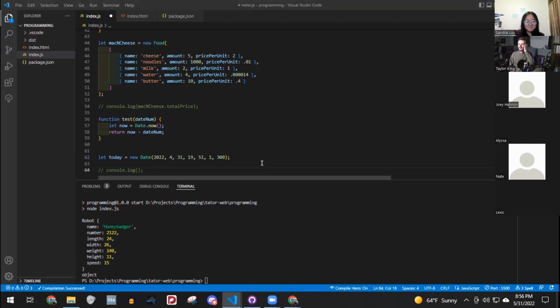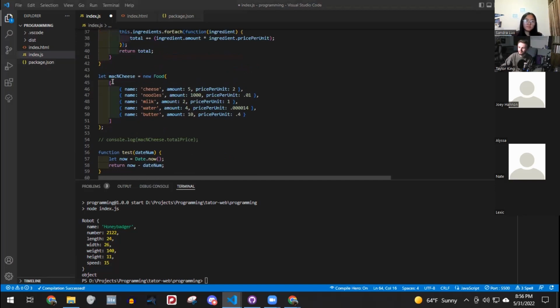All right. Do we have any questions about anything? So we learned how to use a class. We're learning how to use different variables. We're learning how to use a combination of things with that. With the mac and cheese thing, we combined an array with an object with the number and the string, which the only data type that I didn't include in there was Boolean, and I could